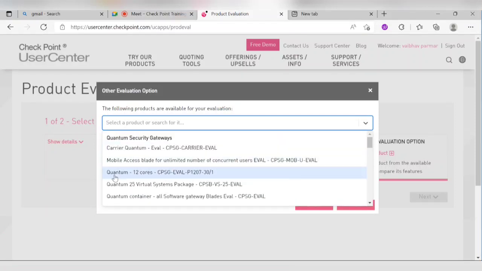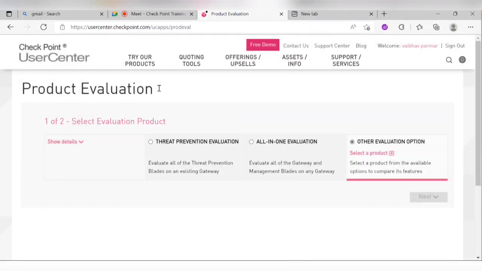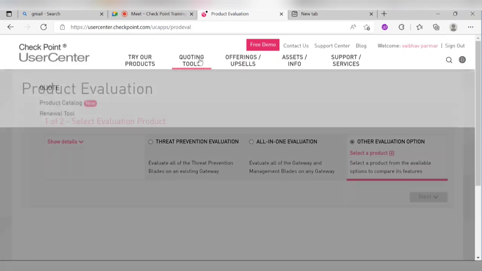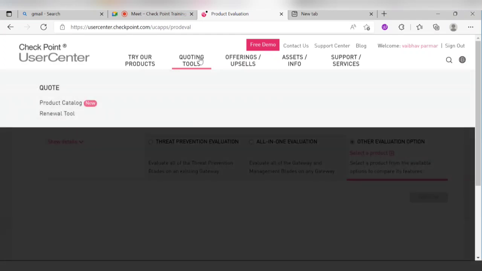I'll be coming here and I will show you how you can generate those licenses and keep the lab alive for whatever time you want. That's why I said this site is something you need to look at. And if I'm a sales guy,